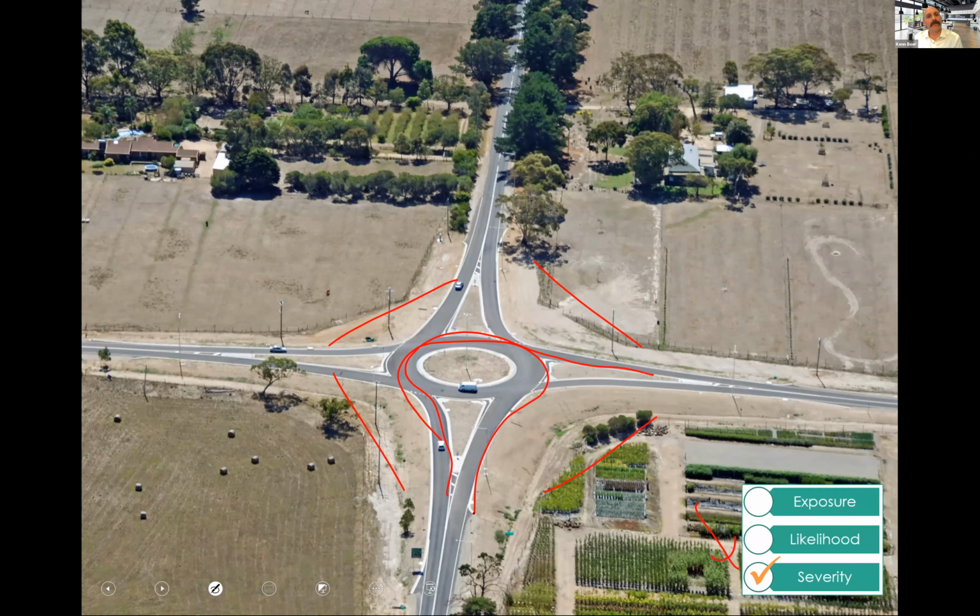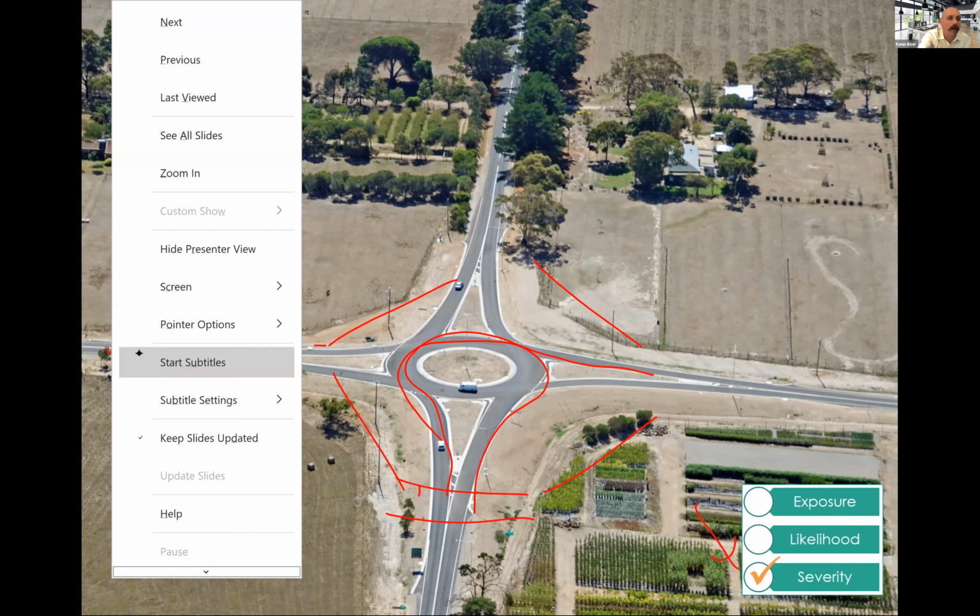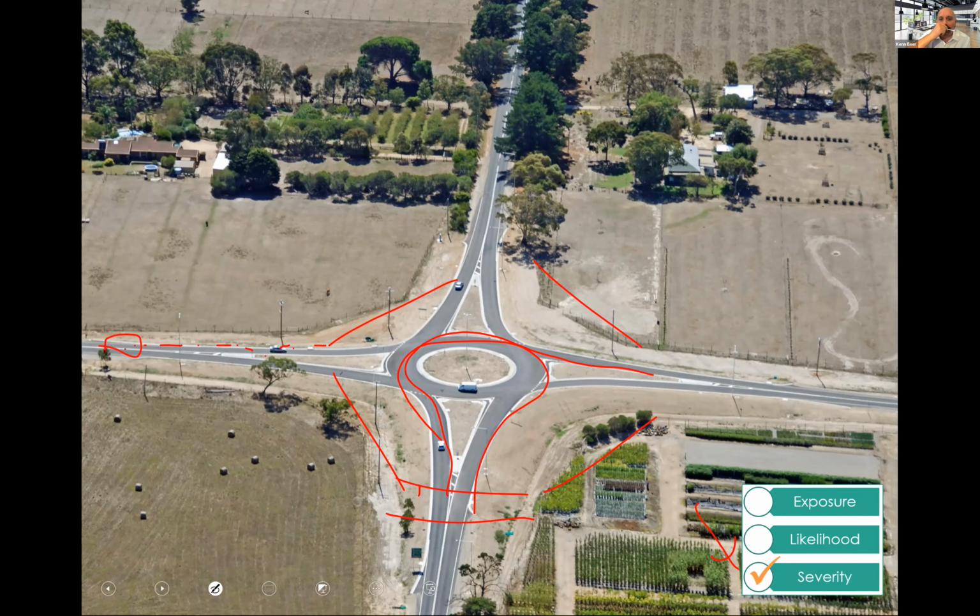You may be able to meter the roundabout and get it to perform pretty well. By metering a roundabout, I mean to place traffic signals, for example, down here or something. So when the side road traffic banks up to a certain point, pop a loop in the road back there, you can have your traffic signals here go to red for a little bit, flush out some of these vehicles,